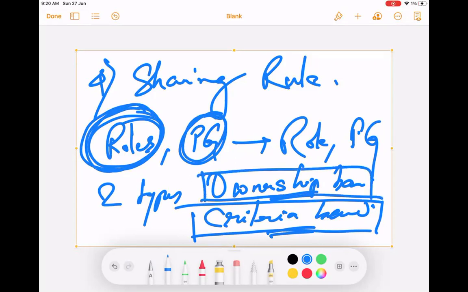Please note, a sharing rule cannot share to an individual person. It cannot pick up data for an individual person and cannot share to individual people. It will always consider a role or public group. So if you are sharing one person's data to another person, you have to create a public group or a role for that person, and then create the sharing rule.